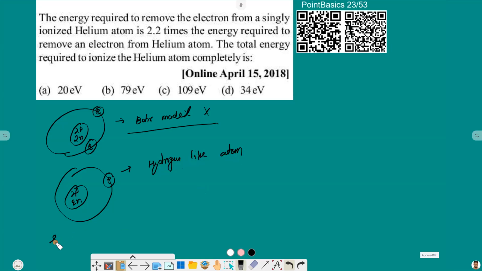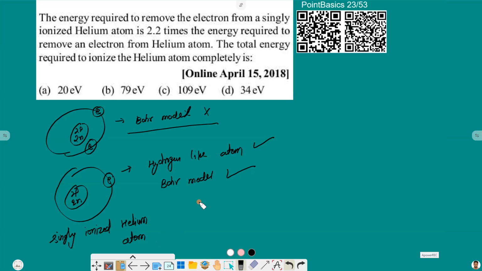This is a singly ionized helium atom. So a singly ionized helium atom behaves like a hydrogen-like atom, and here Bohr's model is applicable. So according to the Bohr model, if we find out the ionization energy of this singly ionized